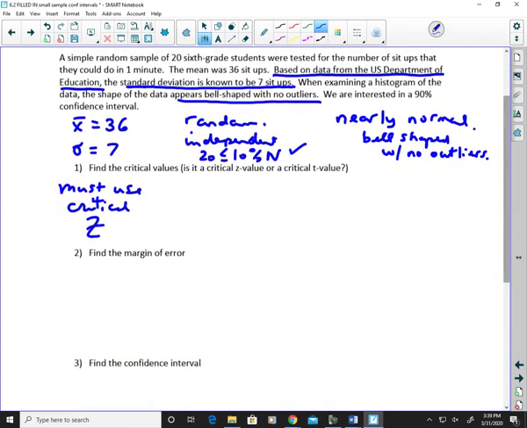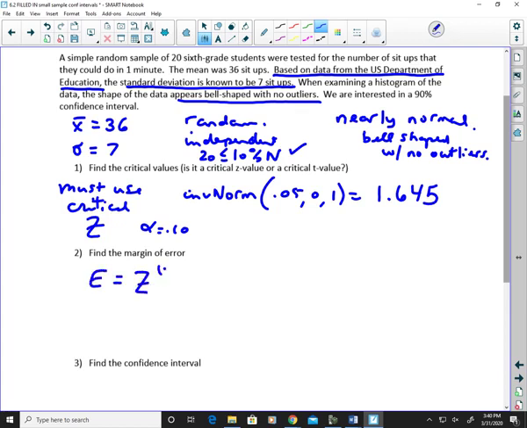And so now we're going to use a critical Z, and for 90%, I can't remember what it is, but let's see, inverse normal for a 90%, which would be an alpha of 0.10, splitting that alpha in half, and we get a critical Z. Oh, look in your old note packet. Look at the bottom of the table. Critical Z's are going to be listed there. 1.645. Margin of error. My error will be that critical Z times the standard deviation of the population,